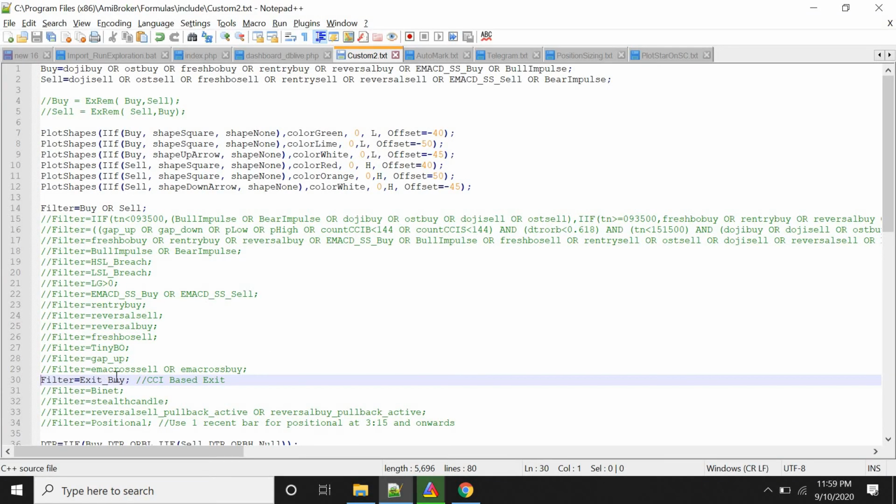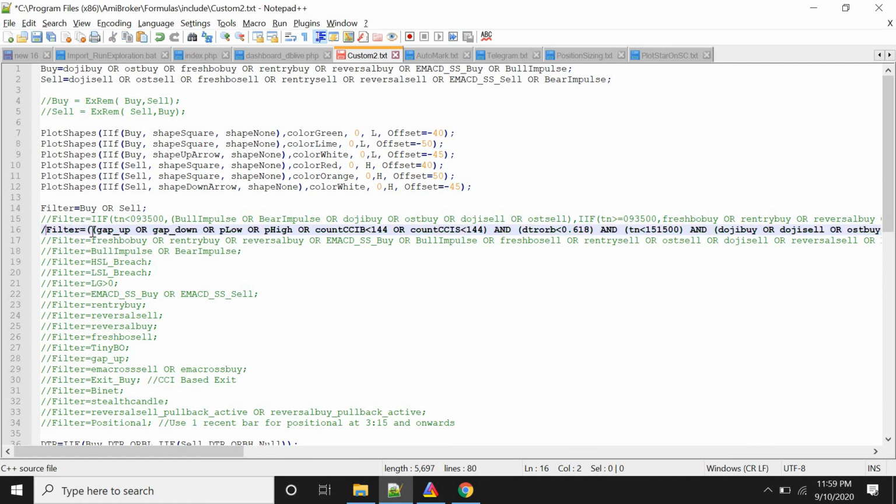Again, if you want the information regarding a specific filter which is available, you can just unhash it or create any other combination based on these variables if you want. For example, you want only gap up or gap down or previous high or low which is being breached, in combination with candle count along with some DTR specific values which you want at that moment of time. So you can create a complex filter something like this and you would get a result.